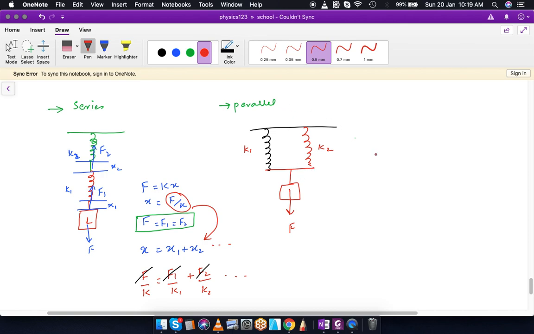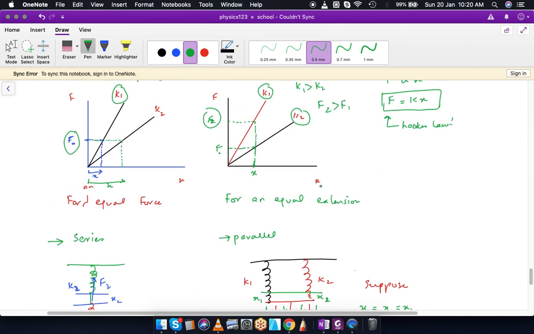Now let's suppose that we are trying to bring the board exactly horizontally downwards. So the extension that we will be witnessing, let's call the extension x2 in this spring, and let's call the extension x1 here. So actually the total extension is going to be the same, if we are trying to bring the board downwards horizontally, right? Now, we have the same extension, but the difference would be that